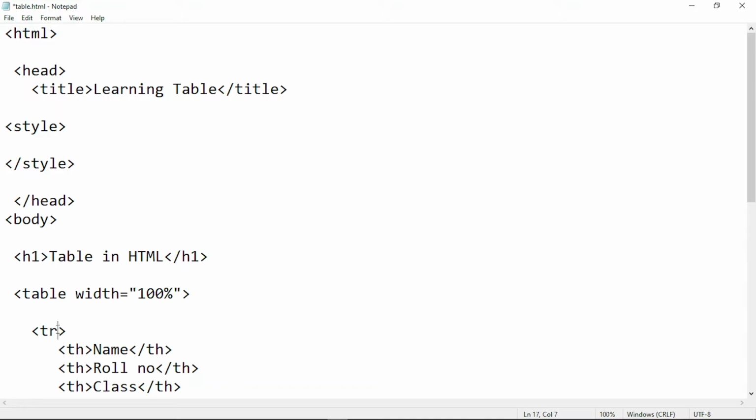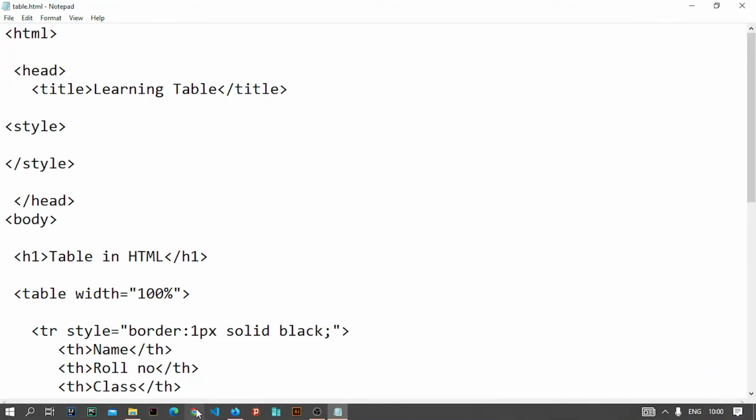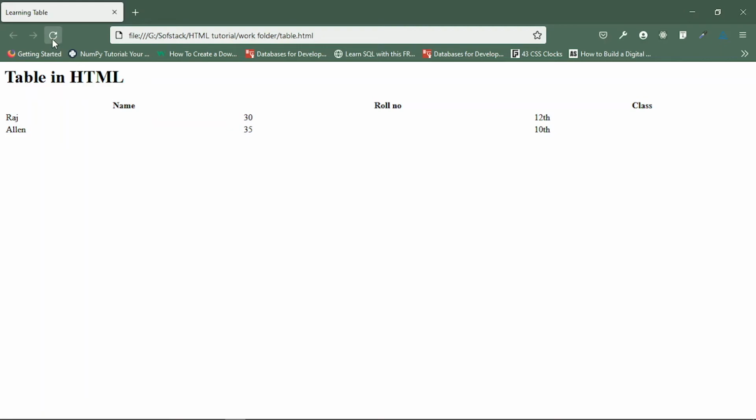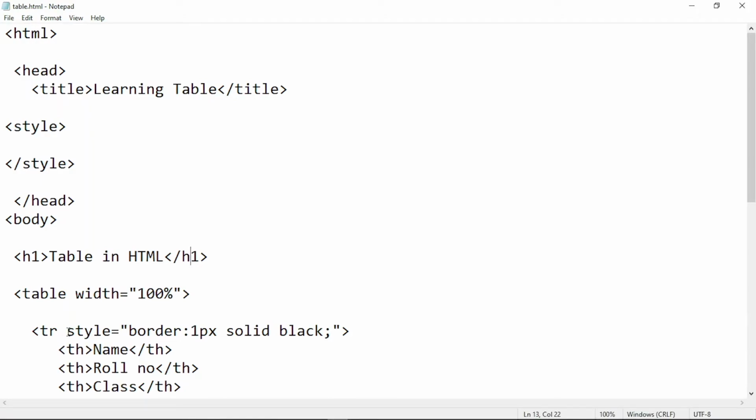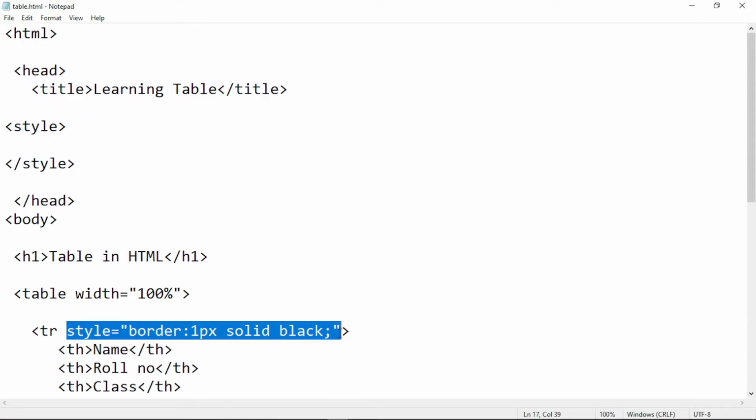But if I try to specify border like inline styling by just giving it border, let's say 1 pixel solid black, so that's not the good choice, because I have to specify the borders for all the TRs, not for the one, right? So this is why we cannot do this by inline styling. That's why we need some extra